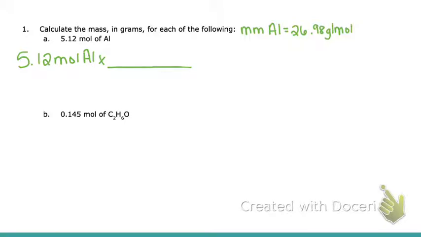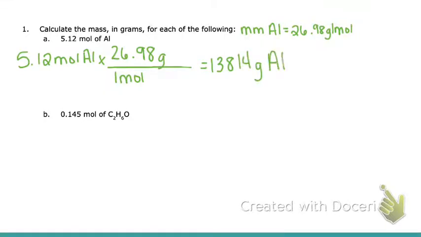So because I have moles to start, 1 mole is going to go in the bottom. That means the molar mass of 26.98 is going to be my top piece of information. So for this style, I'm going to multiply. To 2 decimal places, I get an answer of 138.14 grams. And again, I like to include what it is, aluminum. For example B, we have this